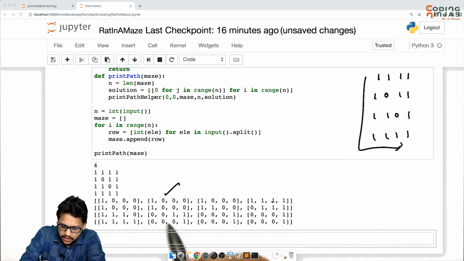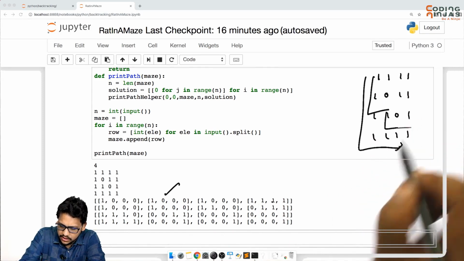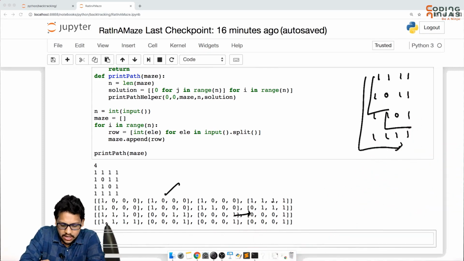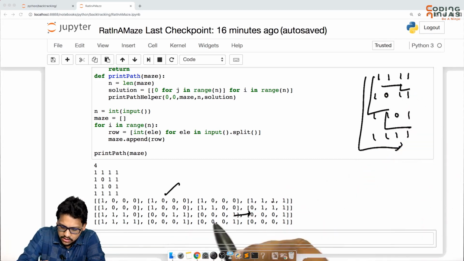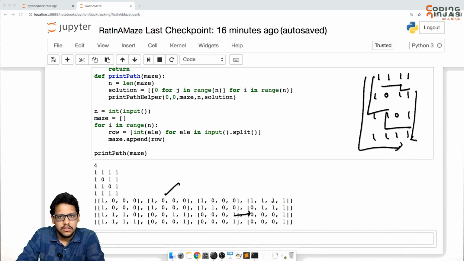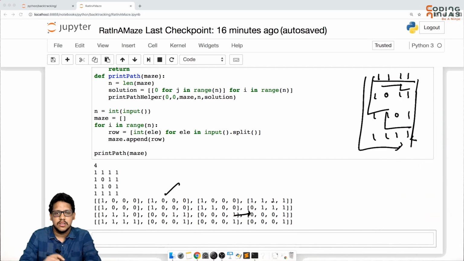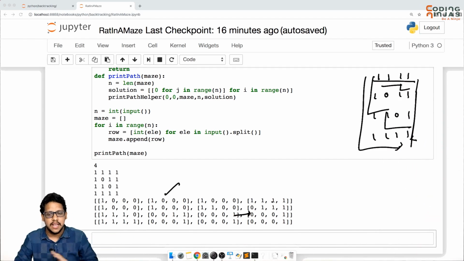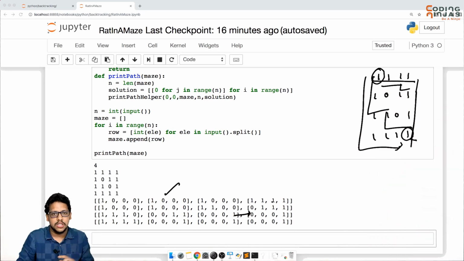Now here it is coming 1 1 1 1 1 1 1 1 1. If you see this, it is like this, 1 1 1 1 1 1 1 and after that 1 1. This is another different path, this is 1 1 1 1 1 1 1 1 1 1. These are the 4 different paths, and I think these are all the possible paths from starting here to reaching here.